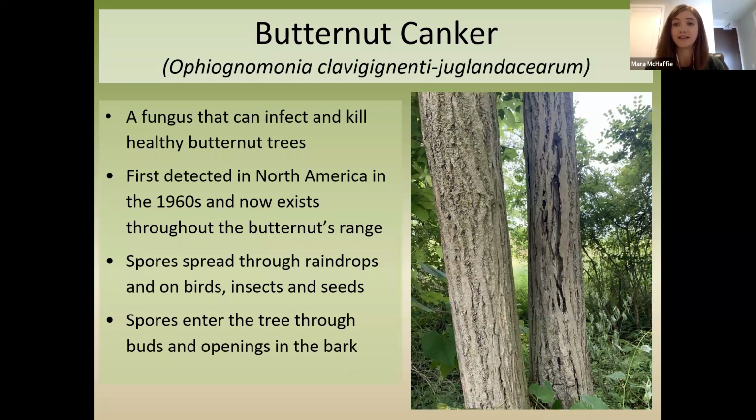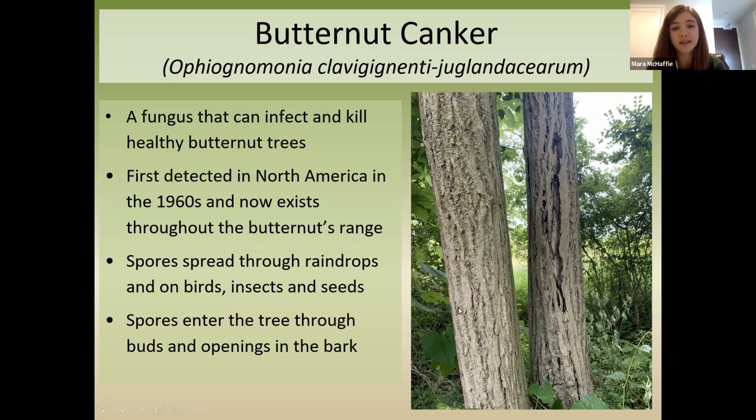So butternut, it's a nut tree, it's related to the black walnut, and you can see scattered trees pretty much all along the Niagara Escarpment here in Ontario. And so this is the tree that is the target for the butternut canker. So the canker was first detected around the 1960s in North America, and it now exists throughout the entire range